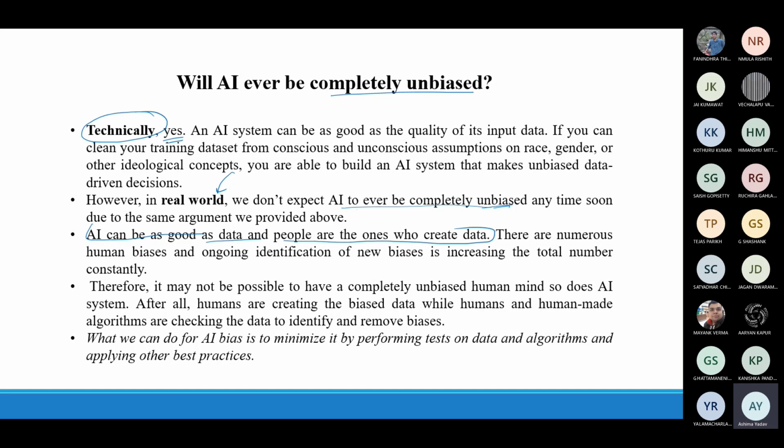So we can only try to minimize it by performing tests on the data and on the algorithm. And you never know, maybe we humans are not able to remove the bias in us, but maybe because of some tools, techniques, and new research, the algorithms being developed might be bias-free. That could be a very positive thing for humanity, that the negative part inside the human is not reflected in the machine. If that happens, that will be very good, and a completely different side of AI.